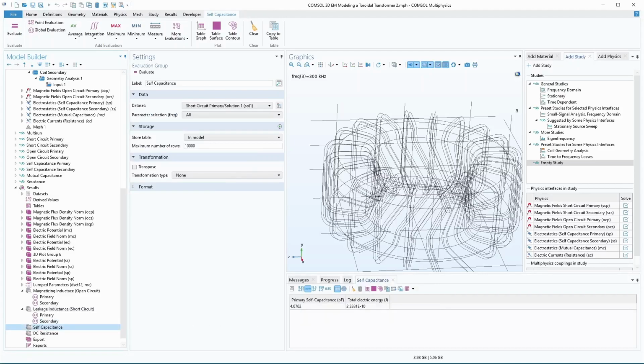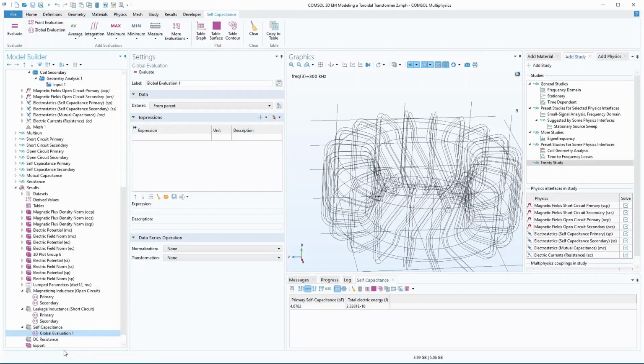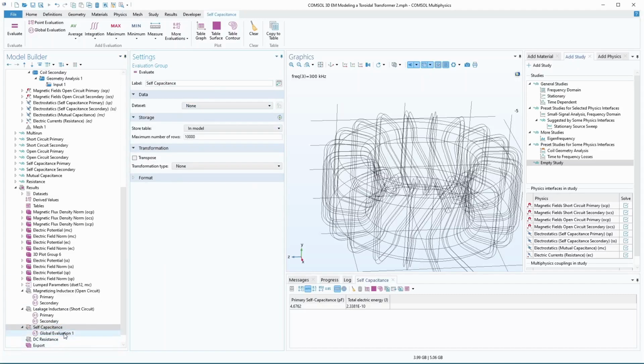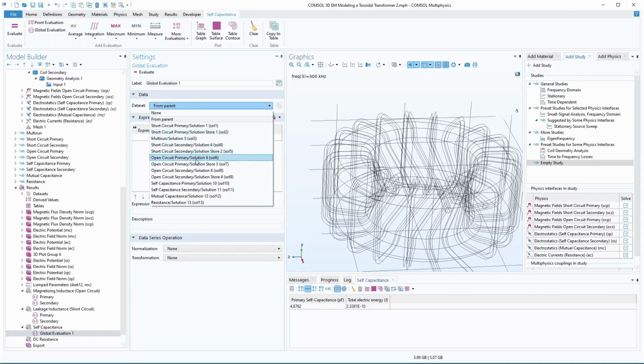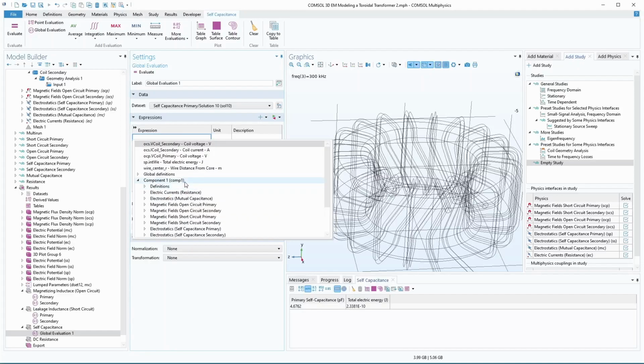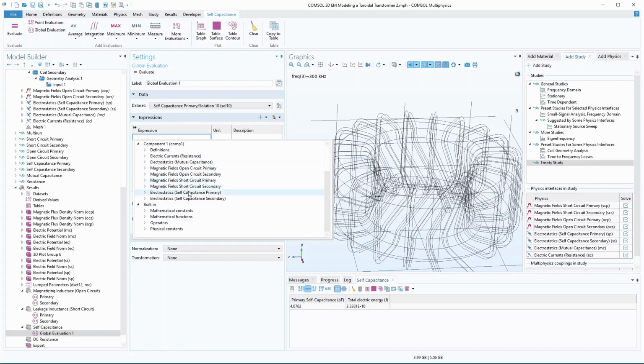And so the self-capacitance, if we look in, we'll add a couple of these global eval groups. Let's see. Set this one to none. This one we're going to do self-capacitance primary. And if we look in here, just control space, we can see what's available. They've got